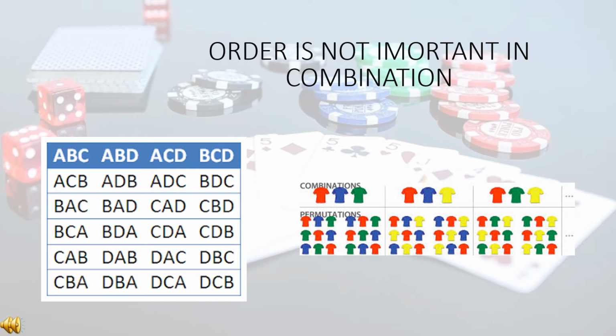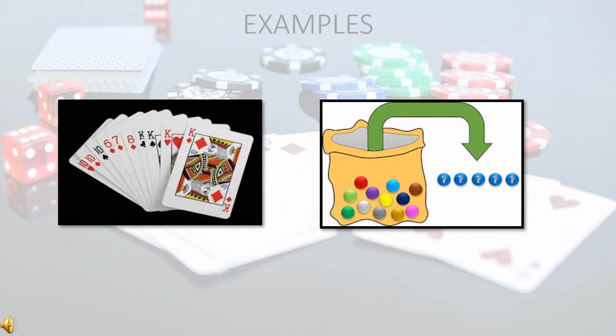In the second example, you can see, to select three shirts from four given color shirts, here also permutation will give more options, whereas combination will restrict this into fewer options. In different card problems we can use combination. In different marbles problems, ball problems, where we have to select three red balls, four yellow balls, like that, out of given 12 balls, there we can use combination.